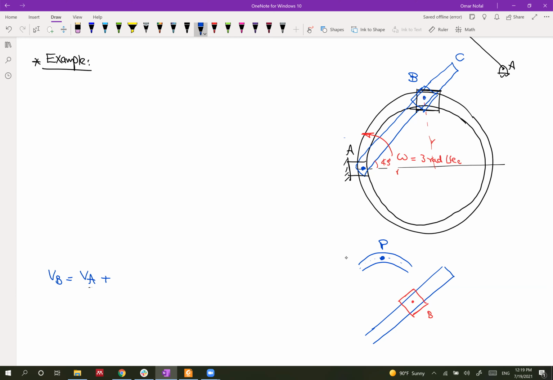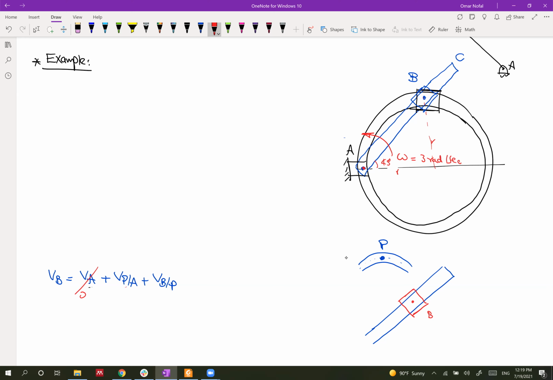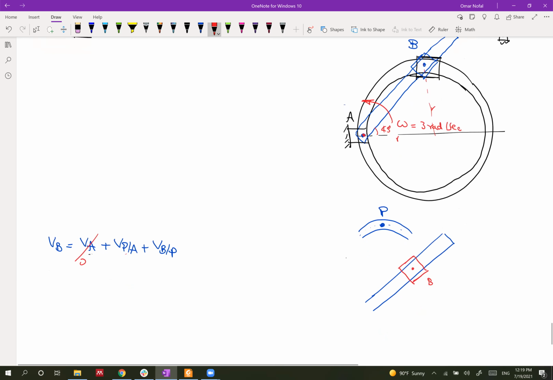Okay, let's build the equation. VB with respect to A, VB with respect to B. Okay, so VA will be equal to 0 because this point is not moving, and we will need the VB with respect to A, so it will be the omega. Okay, actually, I think it will be easier if we solve it in a different way. So what if